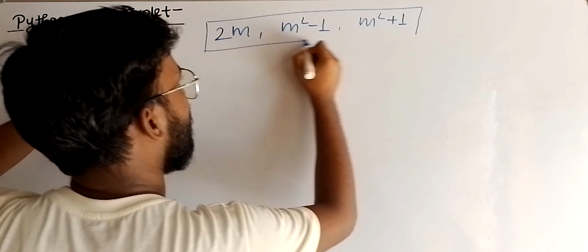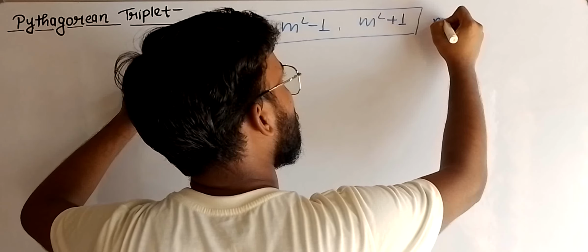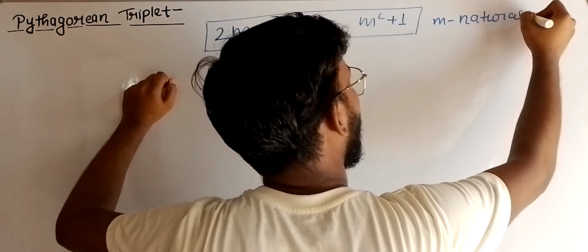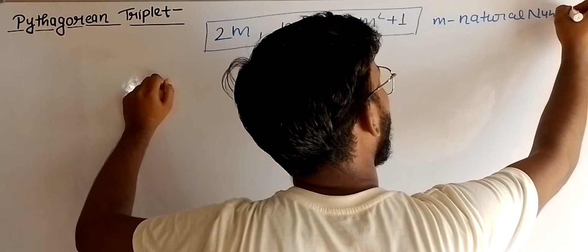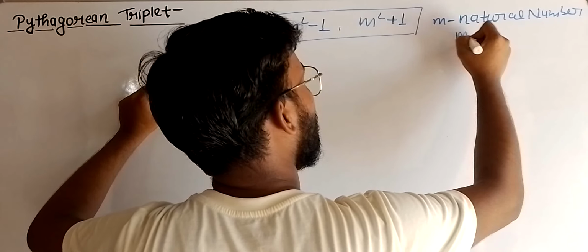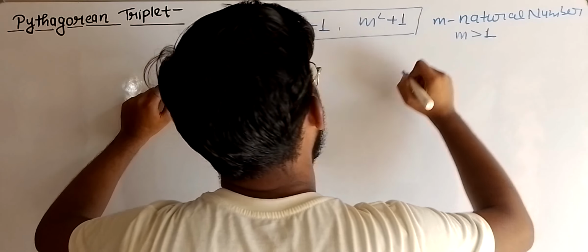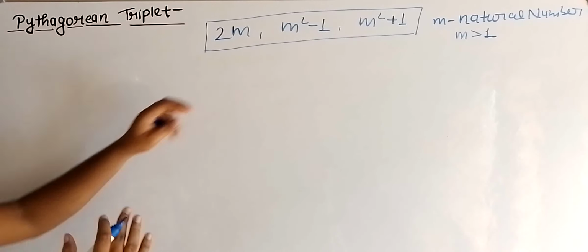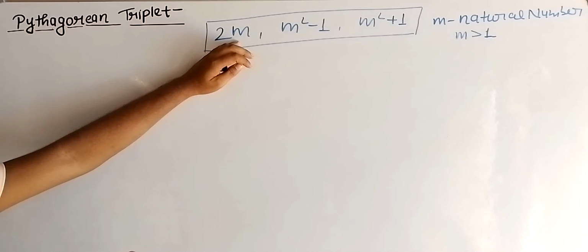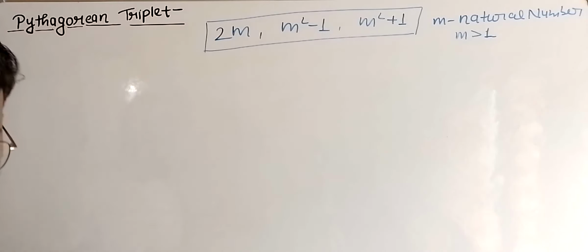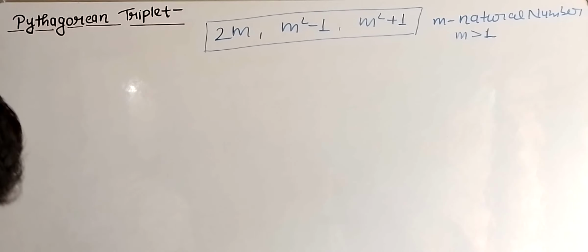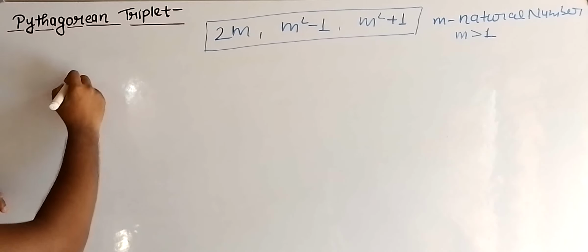Here, m is a natural number, and the value of m must be greater than 1. So let us discuss some questions based on Pythagorean triplet. There is one question in the class 8th NCERT book, that is: